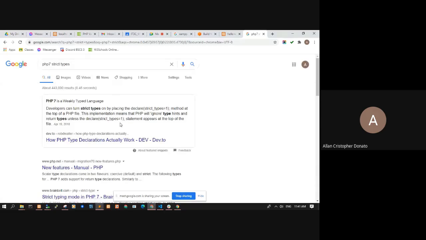Okay? So ayan, weakly typed language. Developers can turn strict types on by placing declare strict_types equal to 1. In that case, you can declare your types. You can do type hinting, but that's only for PHP 7. It will not work in 5.6 or lower.